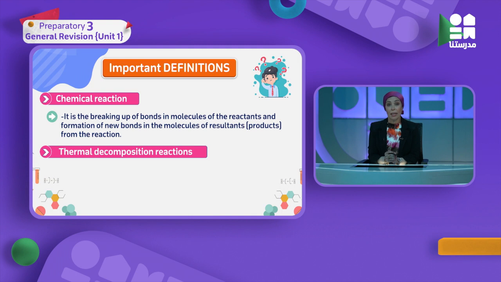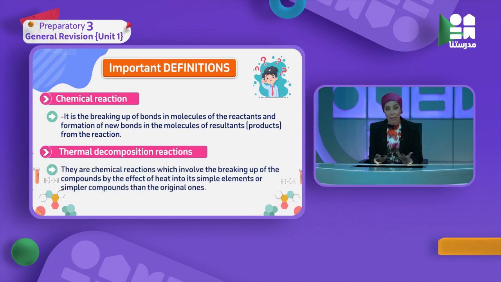Second definition here, the thermal decomposition. Thermal decomposition is the first type of the chemical reaction, and the word thermal means heat. And I said before when we explained the lesson, the meaning of decomposition means breaking down. So breaking down by what? By using heat. So you can define it easily as a chemical reaction which involves breaking down of a compound into its simplest form or simple elements by the help of heat